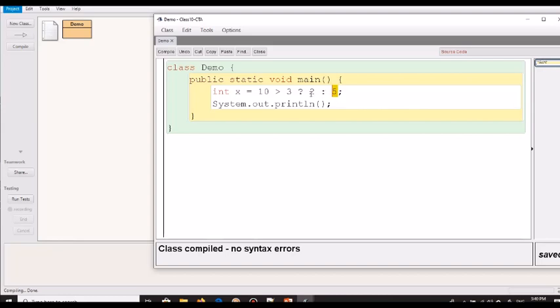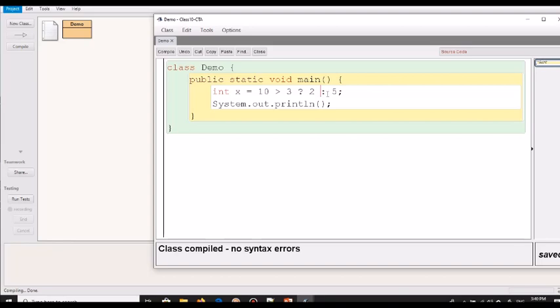So first of all, is this condition true or false? Is 10 greater than 3? Yes, it is true. So if it is true, then x will be assigned what? X will be assigned 2, because the result of this entire expression is going to be 2. Now please remember, the result of this entire ternary expression is going to be either of the two values on either side of the colon sign.